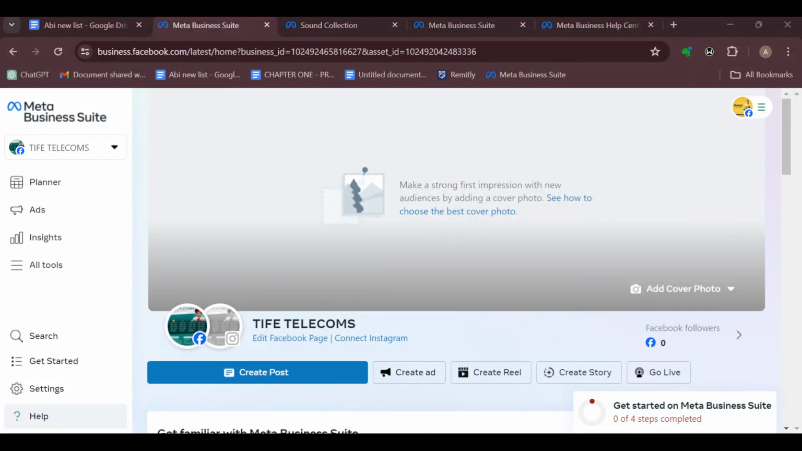How to change profile picture in Meta Business Suite. Hello guys, welcome to today's tutorial. In this tutorial, I'll show you how you can change profile picture in Meta Business Suite, and here is how